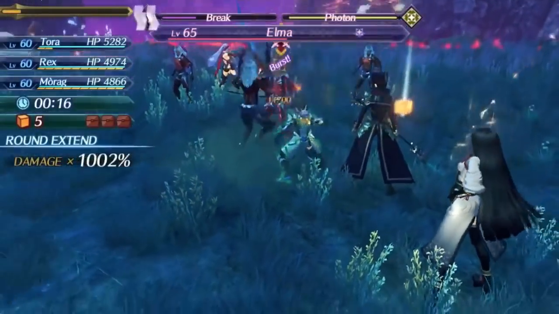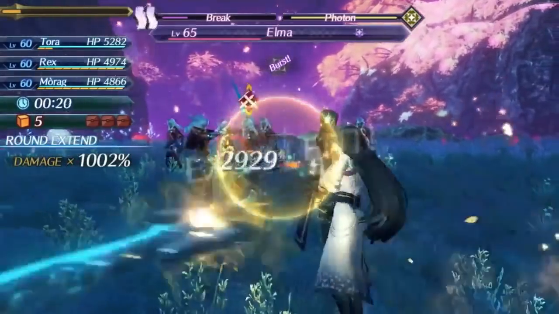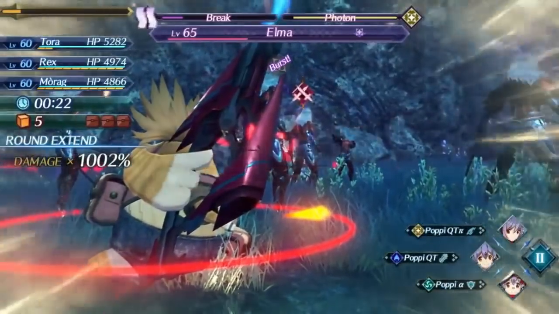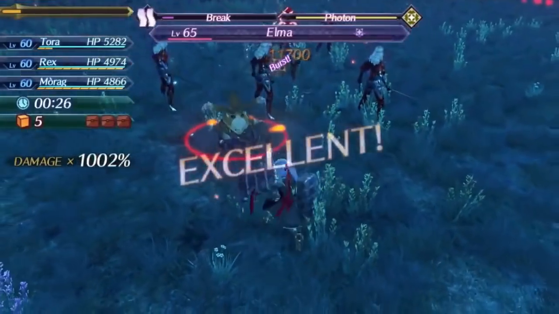I use Elma special because once again it's really fast. I use Patroka because I want to hit elemental weaknesses and I want her active the entire time. Plus I need her only on 1 blade. So my combination of specials here is actually using Cutie Pie's underappreciated little sister here, Poppy Cutie,